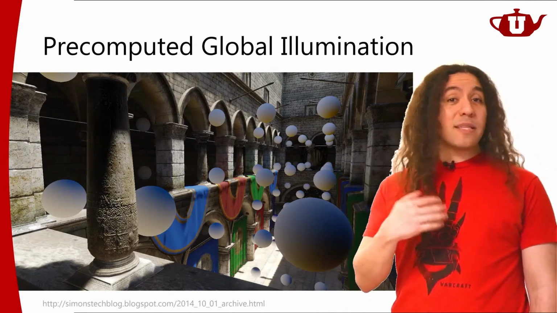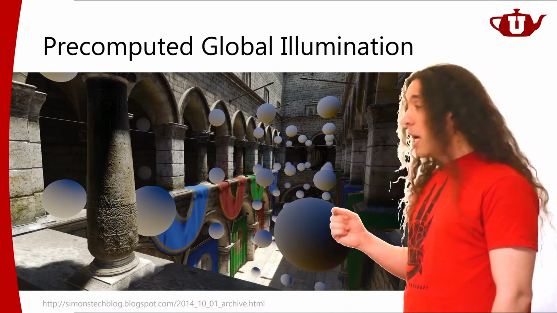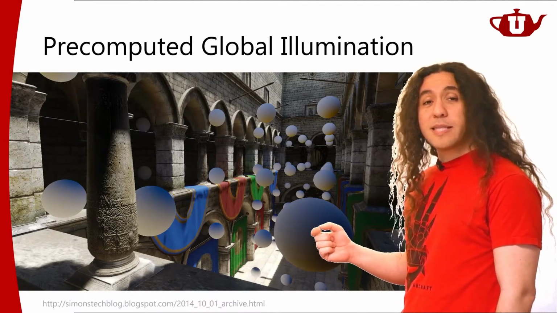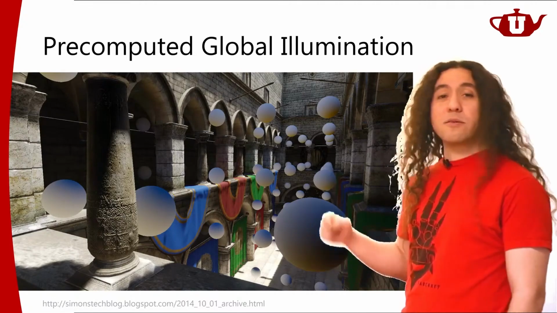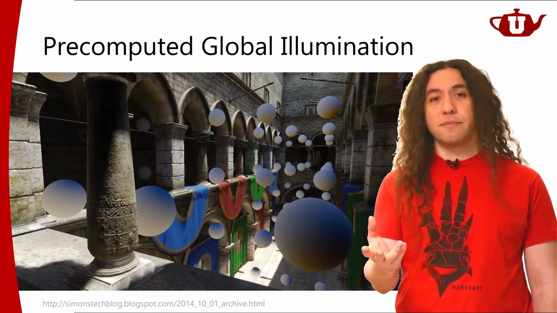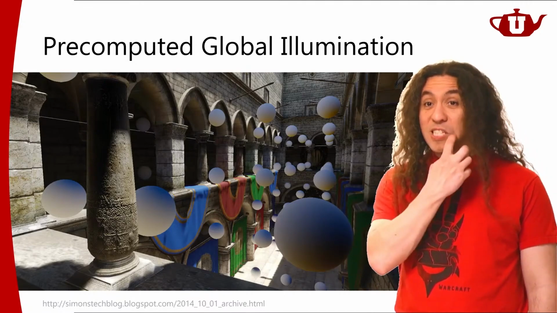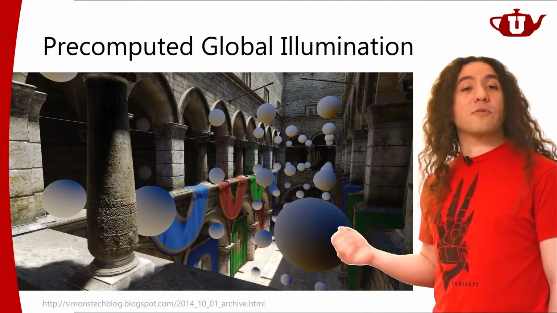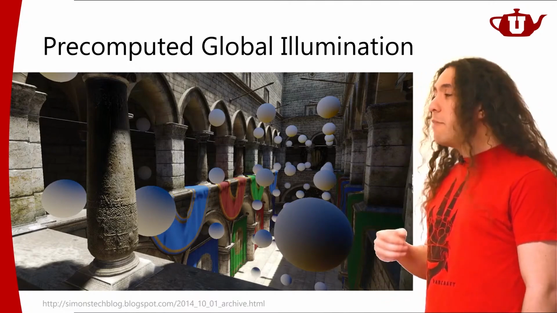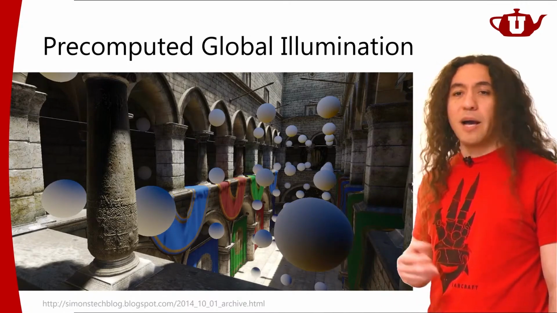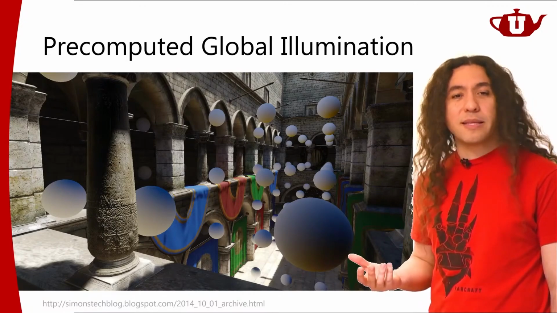Then at real-time rendering, I am not going to compute that indirect illumination, but instead I'm going to use these pre-computed indirect illumination values at these points in space, and I'm going to interpolate them. So if I just use it for indirect illumination, I'm only going to be interpolating the indirect illumination. And it doesn't matter what method I use for computing the indirect illumination there. I can use my favorite global illumination computation method.